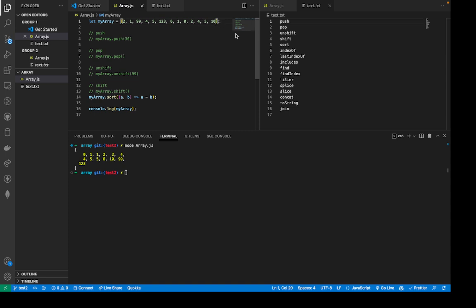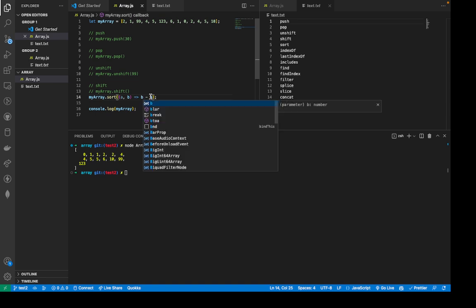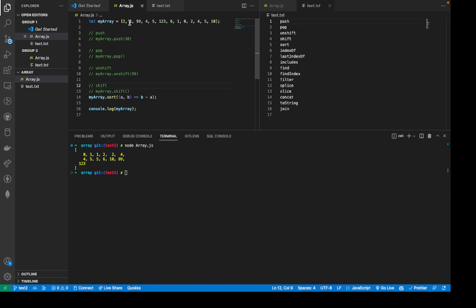Now, if we want it in reverse order, maybe we want 123 to come first, then 99, and let it keep decreasing like that, all we need to do is put in the b should come first. We say b minus a. So in this case, what we're trying to say is, compare any 2 elements in the array. The greater should come first, and